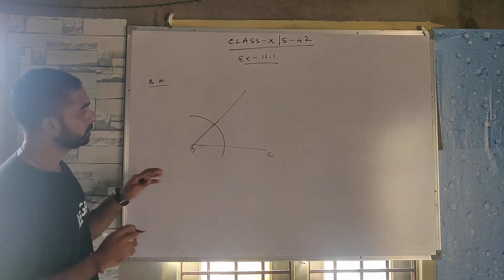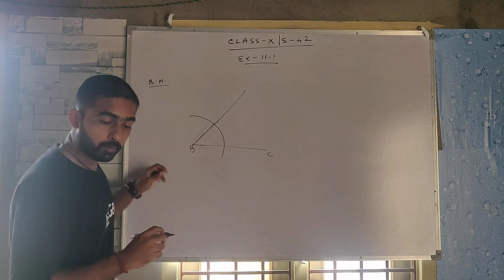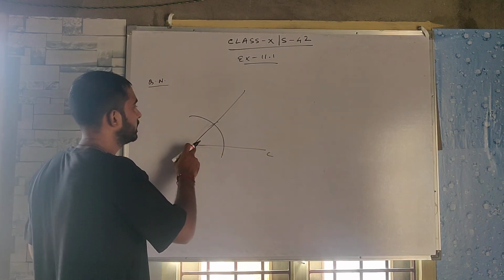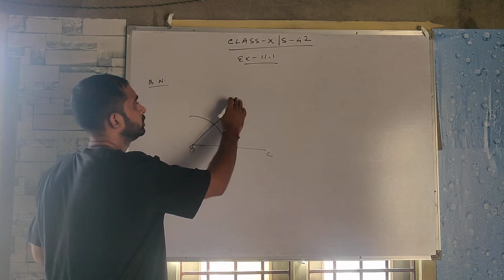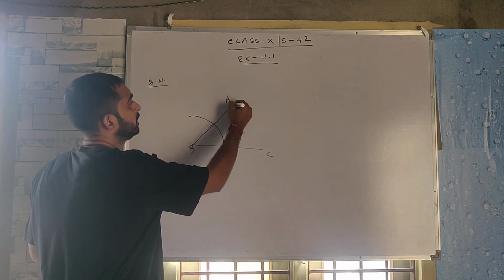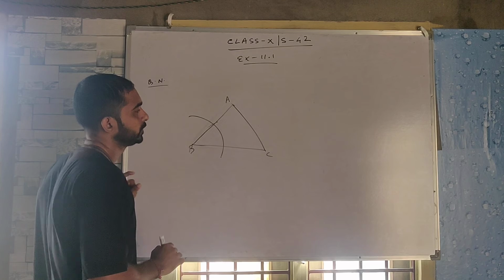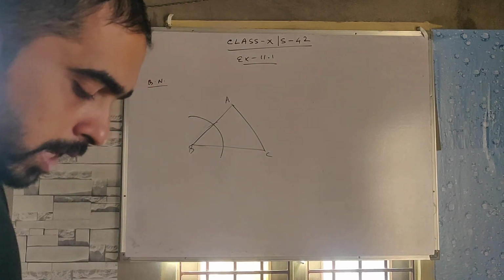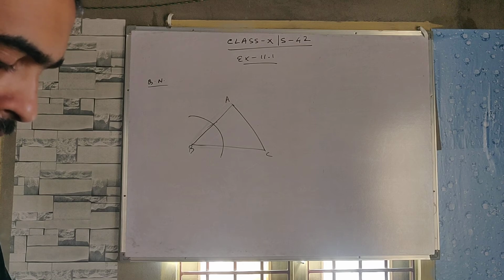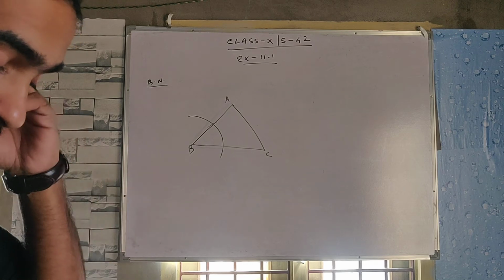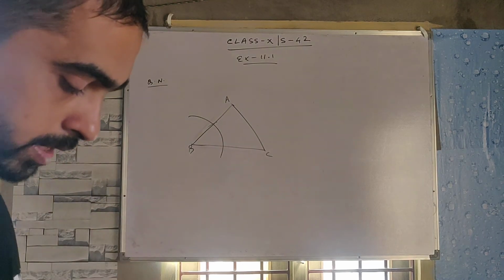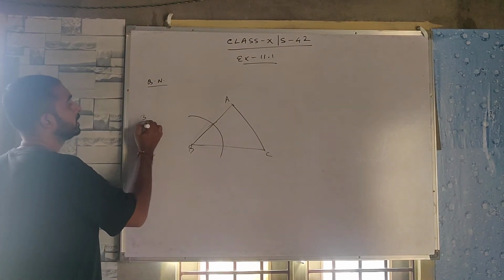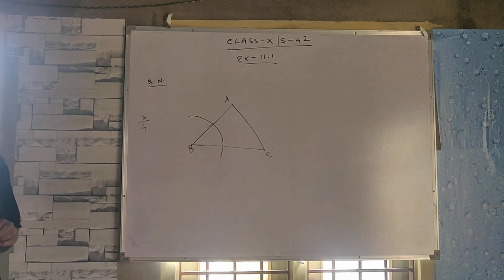Got it? Now, what is the measurement of AB? AB equals 5 cm. So put the compass here, draw an arc of 5 cm. So this one is A. Then join this. So this is the first given triangle. Now, construct a triangle whose sides are 3/4 of the corresponding sides of the triangle. So 3/4 is a proper fraction.